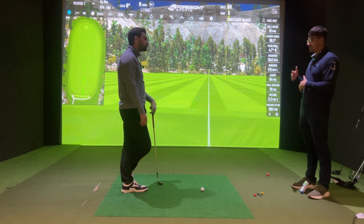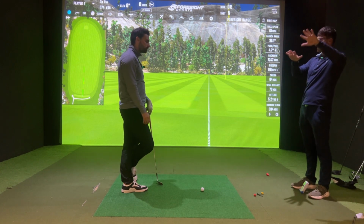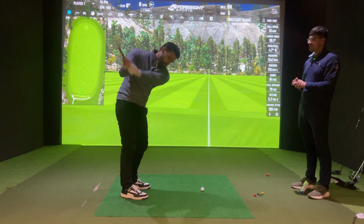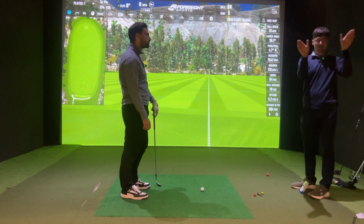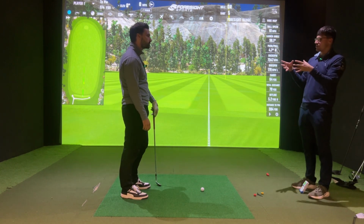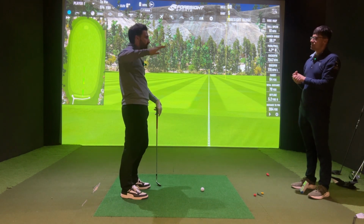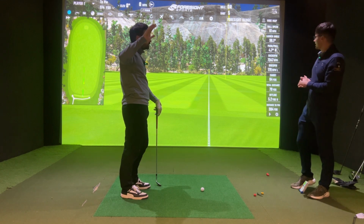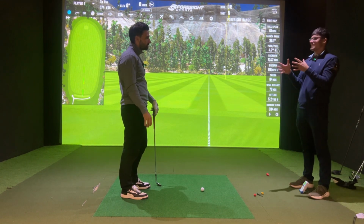Fine. Okay, so now you're going to move up a little bit, and you're going to create a slightly longer arc. So however that might feel. So in the same way you would create a 10 to 2 position in a clock face, you're going to try to recreate that now. So how many of these are we going to get? Because that'll give me an idea of how much room I've got to go. Yeah, right? So for me, 10 to 2, I don't tend to go much further than that. So my stock is like, let's say...